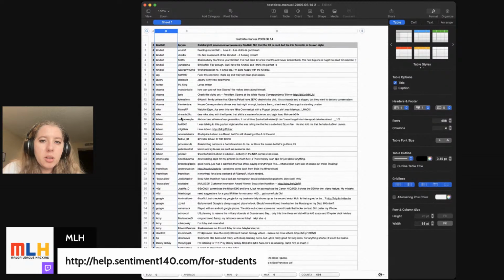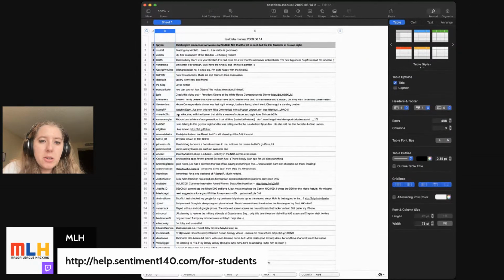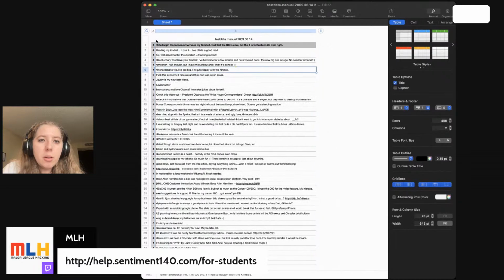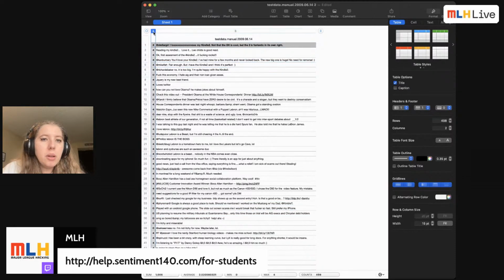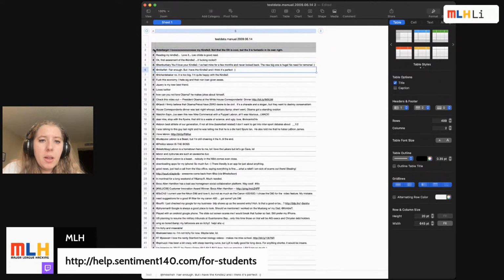Then what we're going to do is delete this column. The fourth thing we're going to do is delete this column. The only thing we're leaving is the sentiment and the text. Then we're going to go ahead and add in a row. So we'll add a header row before, and then we'll change this row to be,